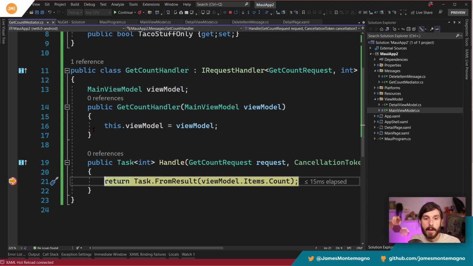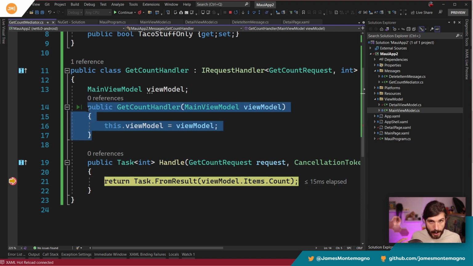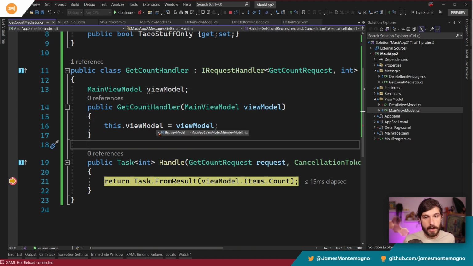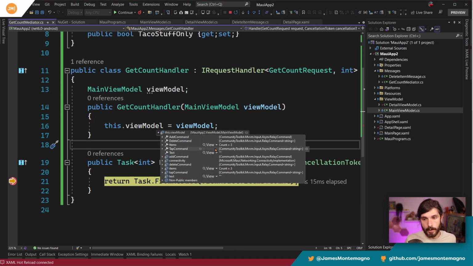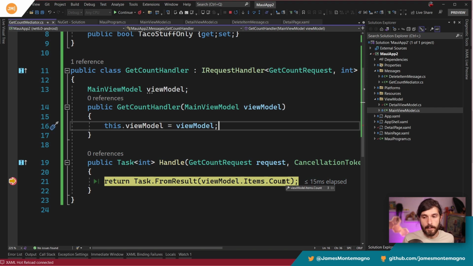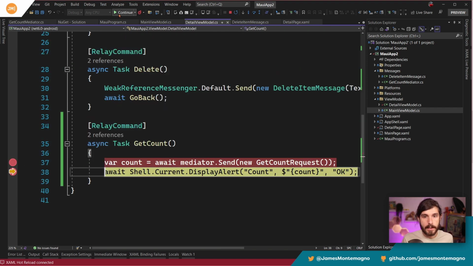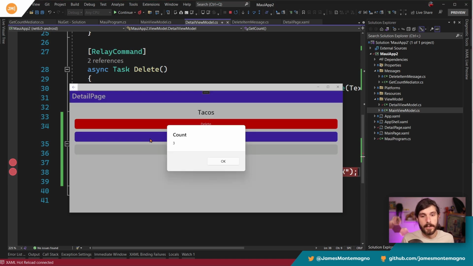There we go. Now this main view model should inject our main view model automatically. So if I look here, we have our main view model here. We can see all of our items in our list. And then we have our count over here, which should be 3. If I come back, we should see our count is 3. And sure enough, just like that,